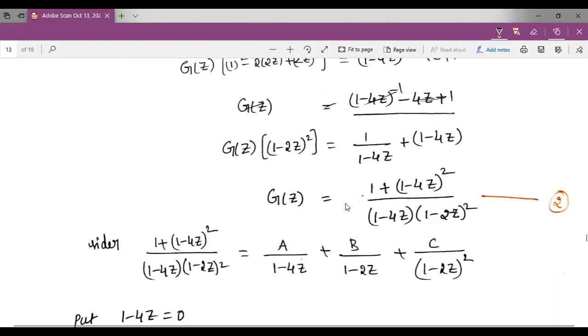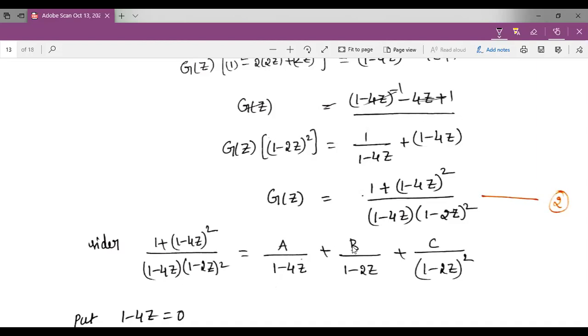Now we resolve this equation into partial fractions. So consider (1 plus (1 minus 4z) square) by ((1 minus 4z) into (1 minus 2z) square) is equal to A by (1 minus 4z) plus, for the repeated term,